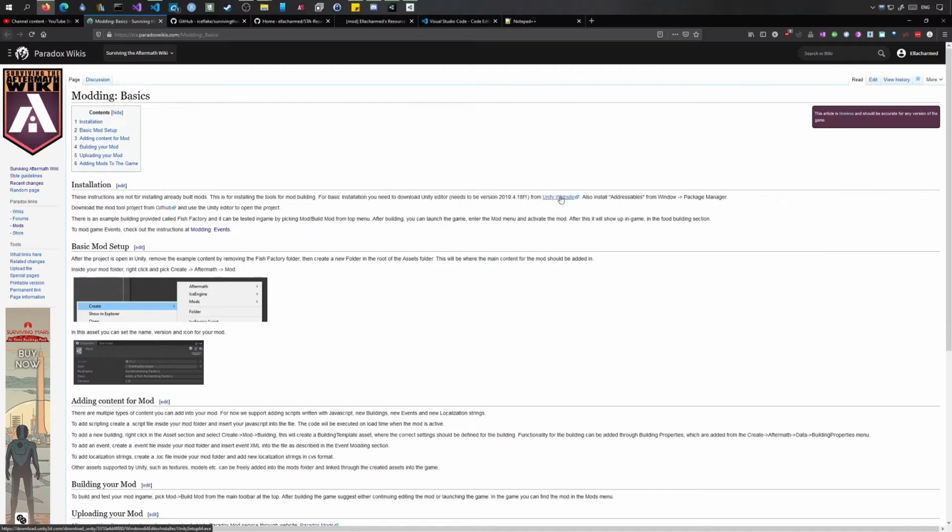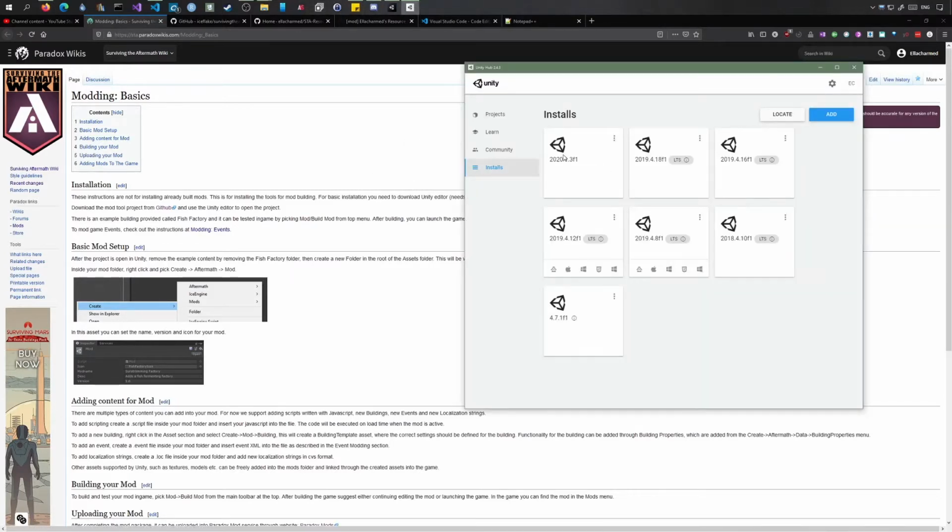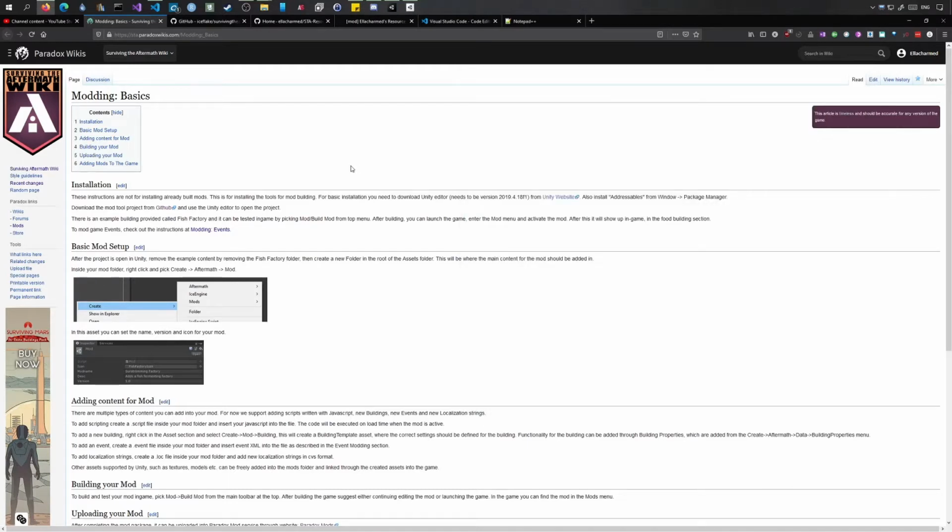or when you click this download and you download the exe, sometimes it has the hub bundled inside, sometimes it is just the Unity for this particular version, right? So for this game, it requires us to use this Unity version,